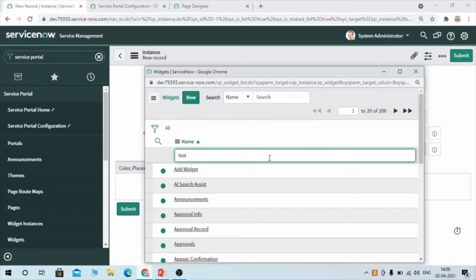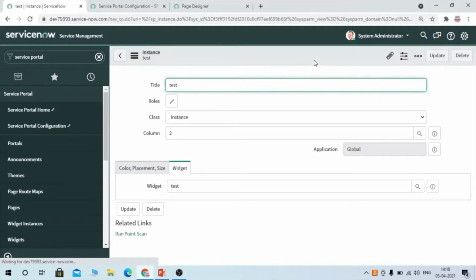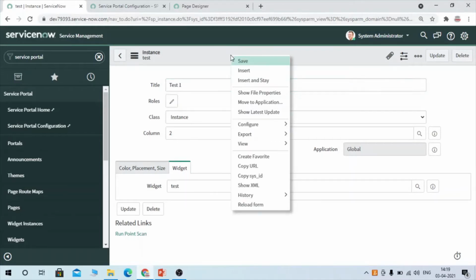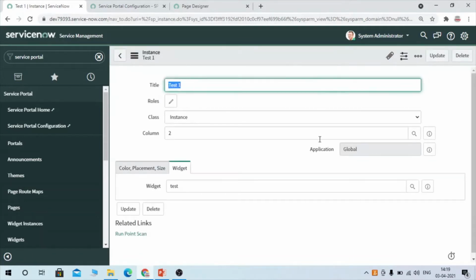So now what we are doing is, I have already created one test visit. In the test visit, I have shown the active instance record with the caller. So I am selecting that visit and submitting. Okay, save it. Now I am modifying the title as test one, and I just modified the title and saved it. So our first instance we had created is test one.